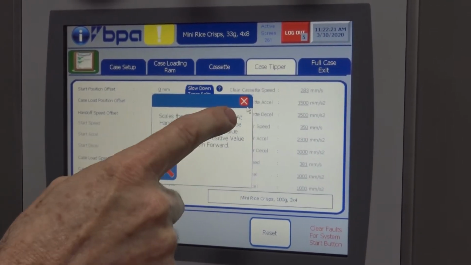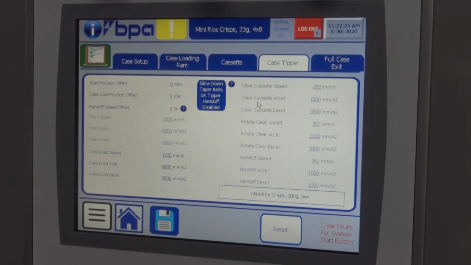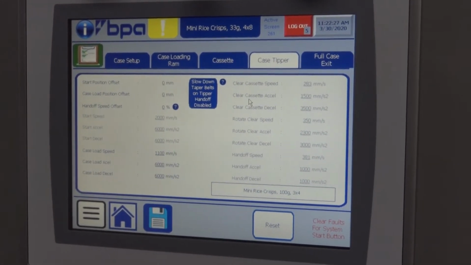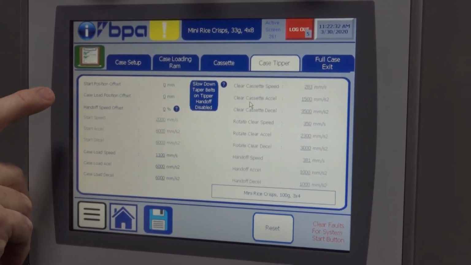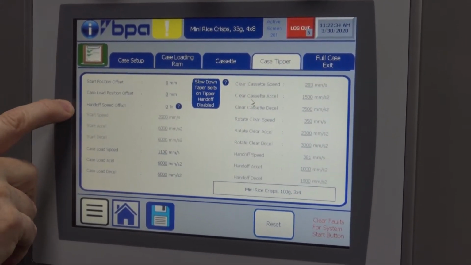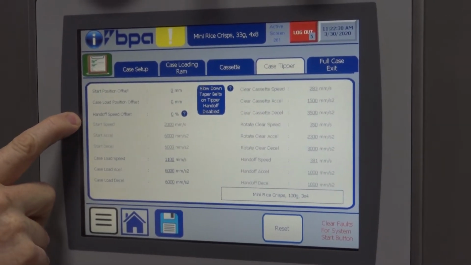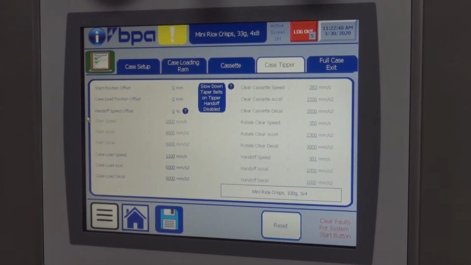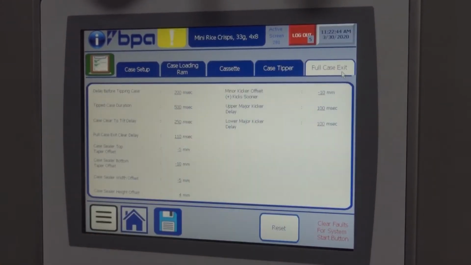One thing to keep in mind is whenever you do this, it also can affect the kicking of your case. So make small changes to this until the case is not skewed, and beware that you may have to also offset your kicker at the same time. So, full case exit,